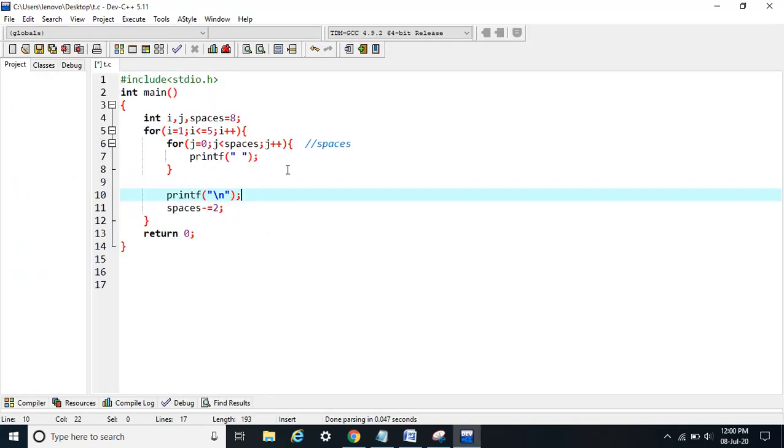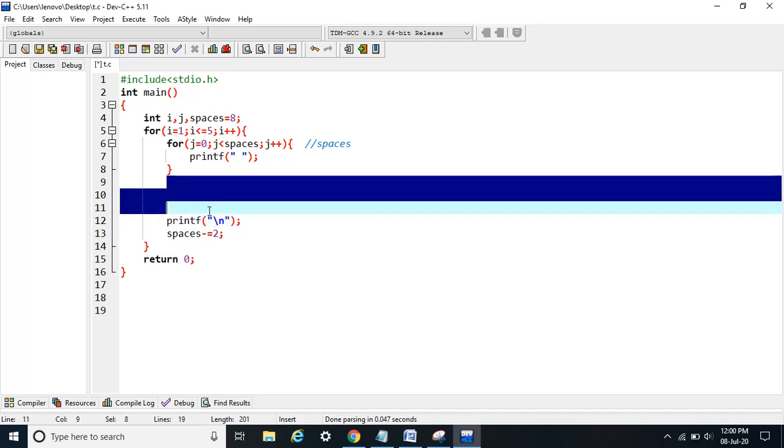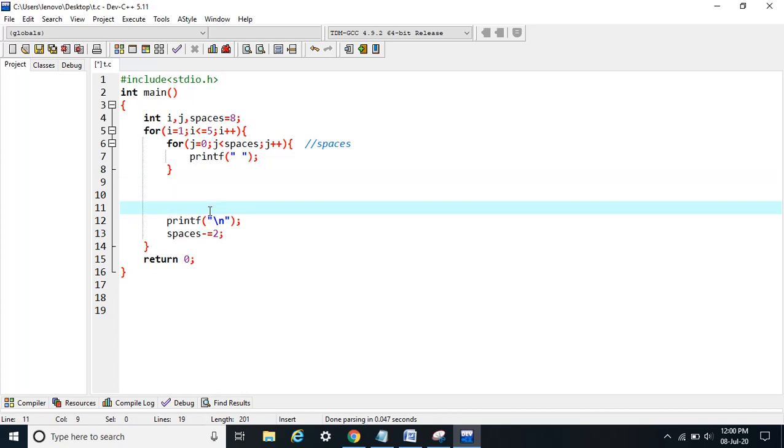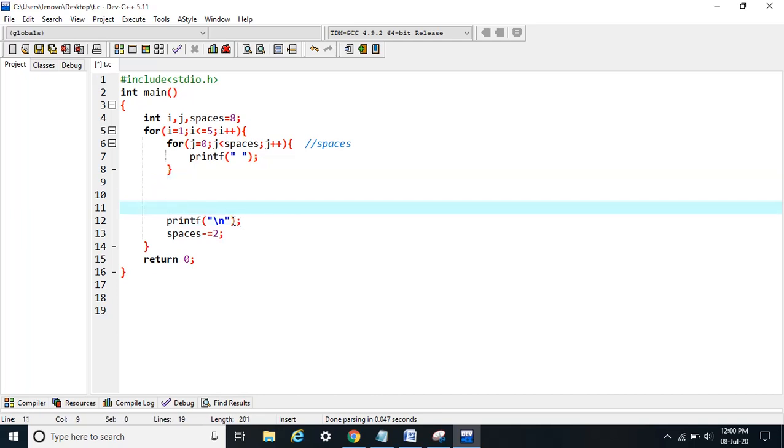So look, here I am doing nothing. I have just coded the spaces part. This place we left for the numbers part. If you observe, in the first row we have spaces equals 8, so I will print 8 spaces, and after I have printed my numbers in the row and printed a new line, I will reduce the value of spaces by 2.